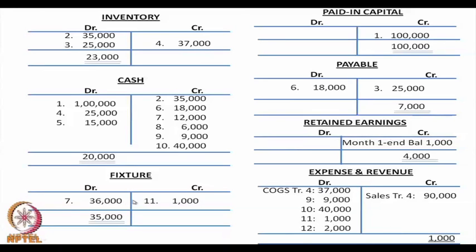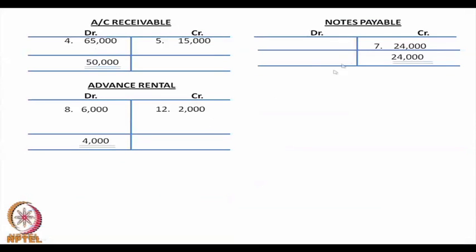Fixture. This is an asset and it is a fixed asset. 36,000 is the amount. So, the fixed asset position increases by 36,000, the entry is in the debit side, and then payment is made for 12,000, the cash position reduces. So, it is in the credit side of cash, and we are creating notes payable as a separate account. It is something like accounts payable, but it is shown separately because the company has given a promissory note, and